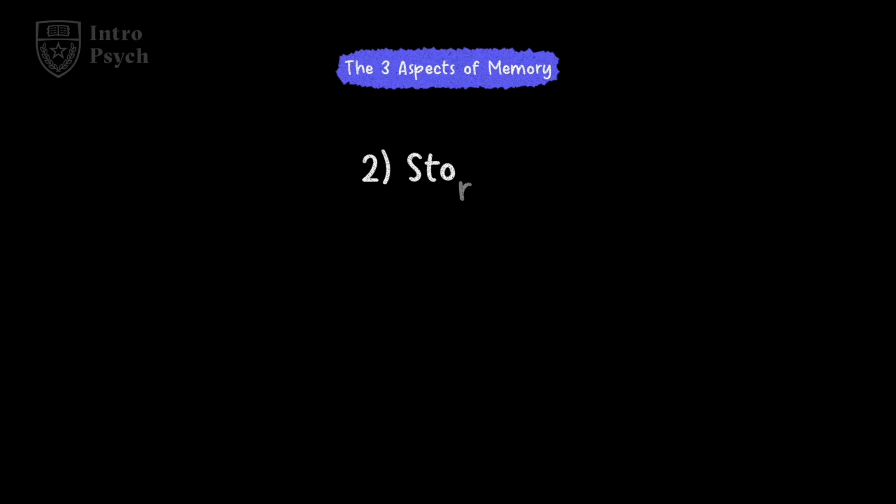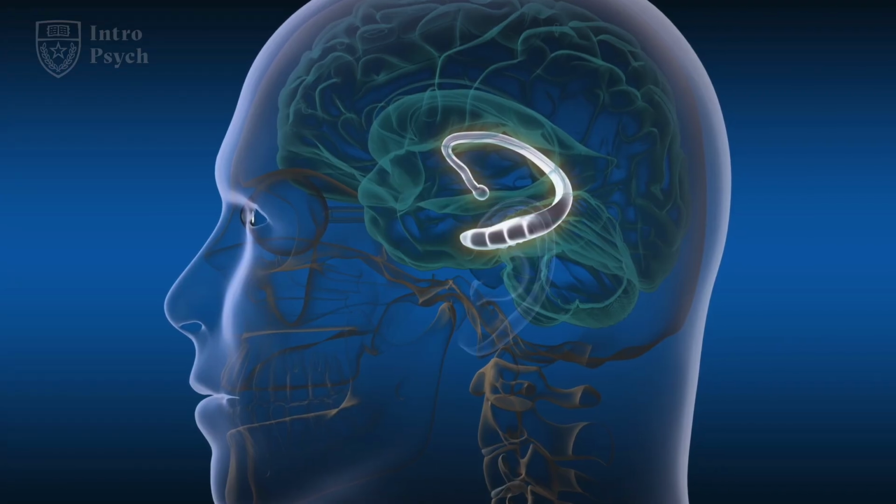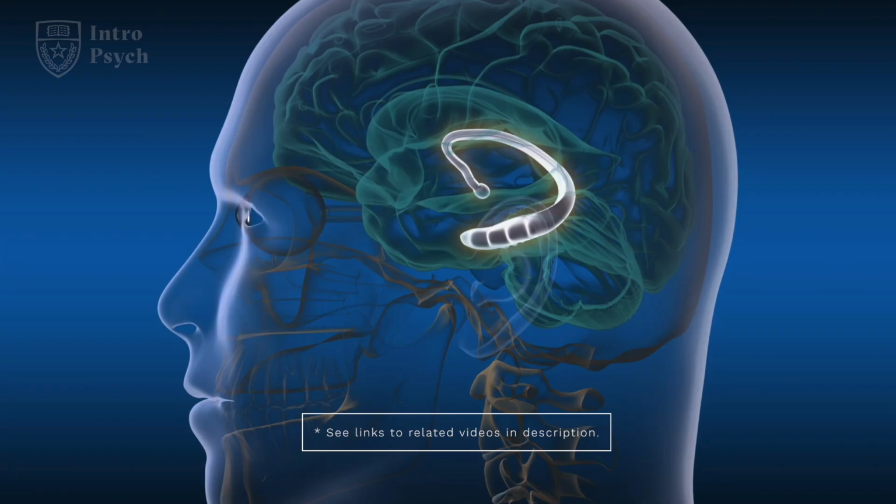brain. The second thing that needs to happen is that it needs to go somewhere. It needs to live somewhere. That molecule, that memory trace that you've made. The hippocampus, as we learned in our previous lecture on the brain, is a really important area of the brain